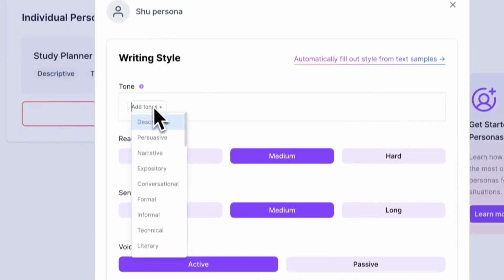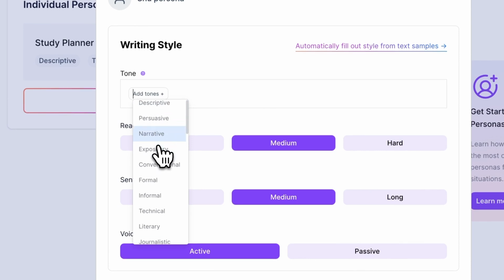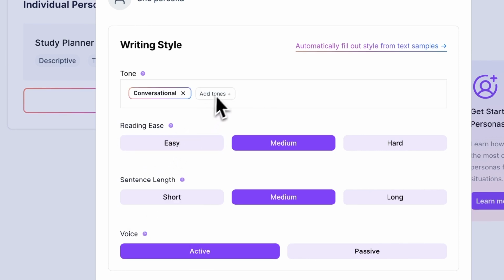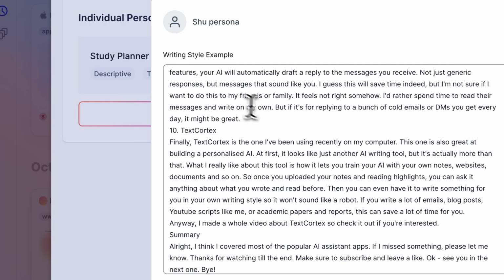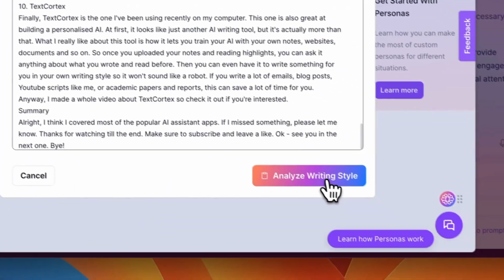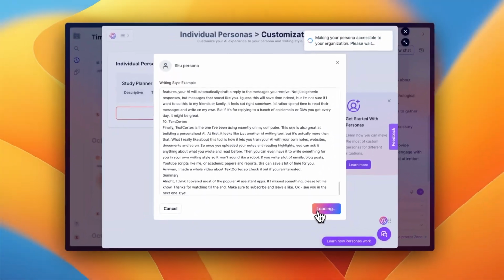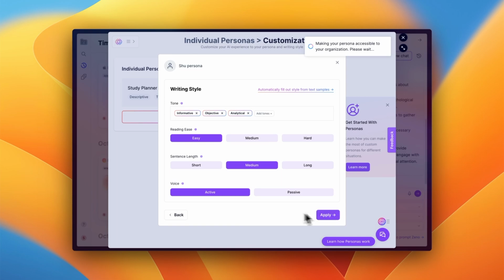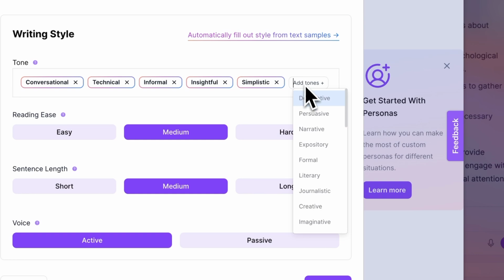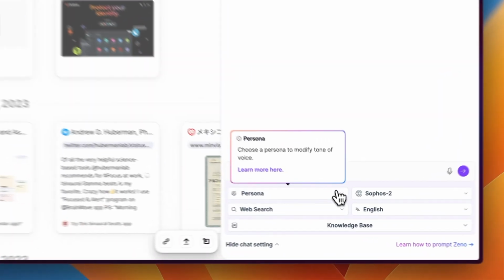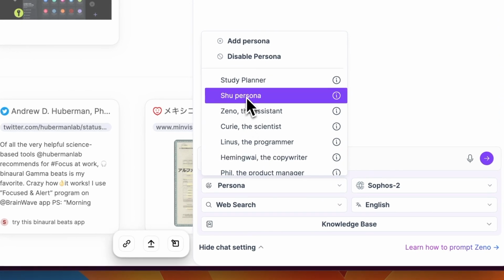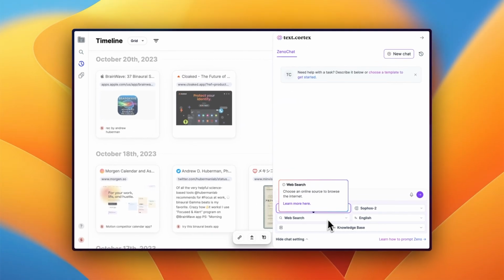You can even choose the tones such as persuasive, eloquent, technical, and so on, as well as reading ease and the sentence length. So what this means is that you can even create a persona that sounds like you. You just need to provide some examples of your writing style and describe how you communicate. But this is kind of a trial and error process. You want to give it a try a few times and tweak the persona setting until you're happy with the results. And once you're done, you can pick your persona whenever you want to generate some text that fits your